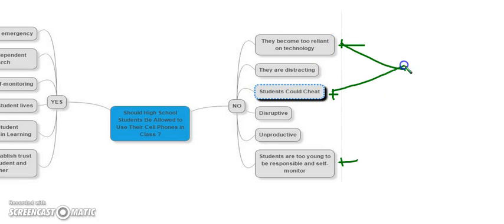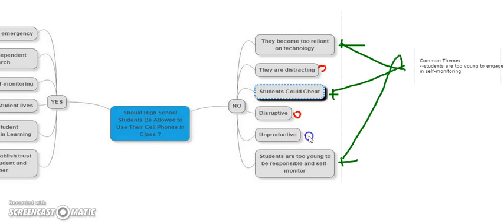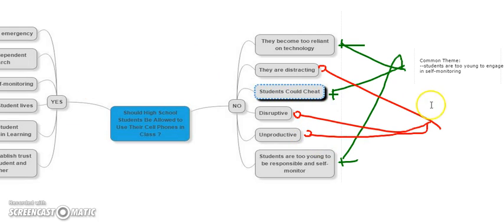These three, to me, once again, might be considered under the common theme of students are too young to engage in self-monitoring, which is why cell phones would be detrimental or not good in the classroom. Again, this one, and this one, to me, what seems to bring these together, what seems to be